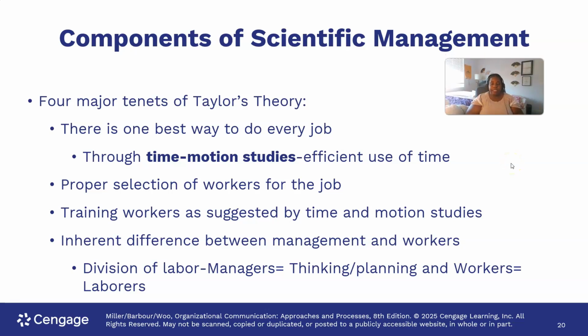So with that particular study, he was able to increase the workload by double or by triple by using the scientific method. And what he did was he studied, hey, what are some inefficient movements of the bricklayers? How can we make it more efficient for them? So for example, instead of having the bricklayers bend down and put the bricks up, they made it eye level so they didn't waste time bending down, and that accumulated time for them efficiently laying the bricks helped increase productivity. So this was due to the time and motion studies.